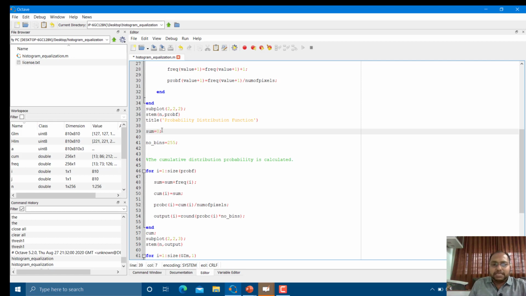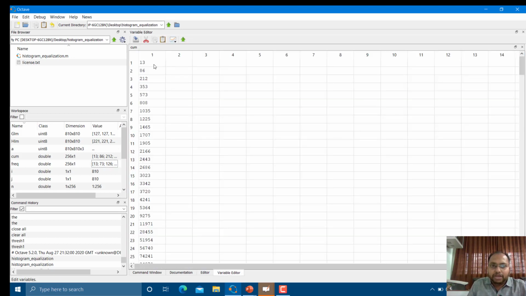Over here, sum is right now 0. For the first frequency of occurrence of 1, let us say this is 13. So 13 plus frequency 0 is nothing but 13 over here, and that will be represented over here as cumulative, CUM. I hope it is visible, just check it out. The frequency of occurrence of 1 was 13, and it has been represented as 13 over here, right? So 13 plus 73. Are you getting it? Now let us open this one.